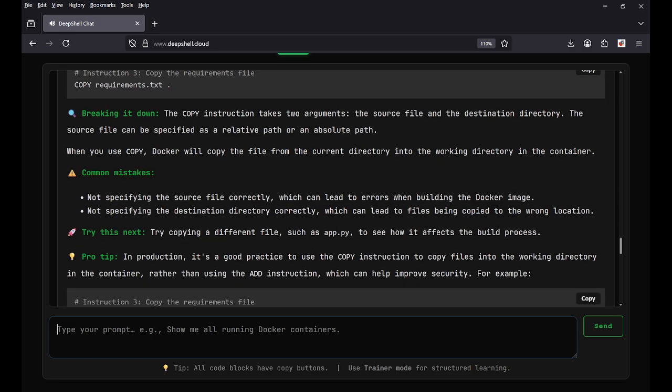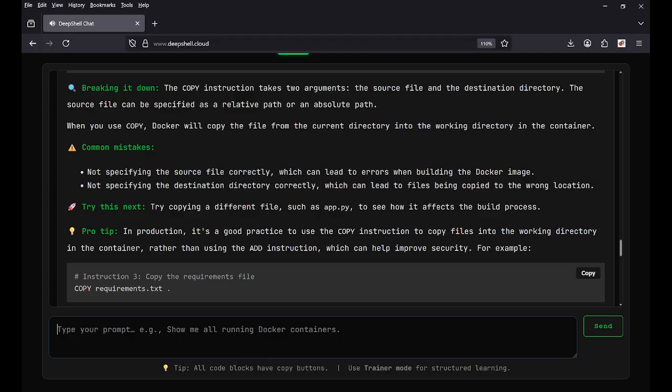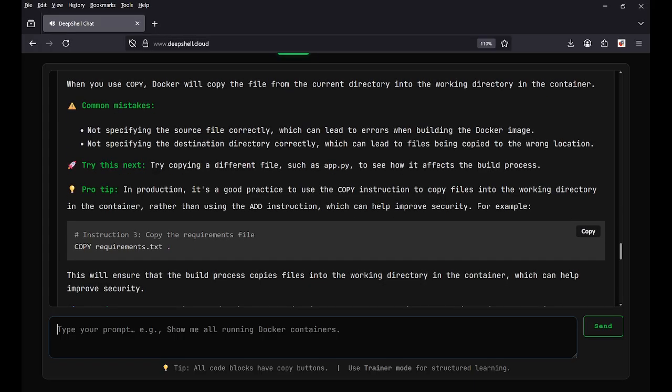Common mistakes. Not specifying the source file correctly, which can lead to errors when building the Docker image. Not specifying the destination directory correctly, which can lead to files being copied to the wrong location. Try this next. Try copying a different file, such as app.py, to see how it affects the build